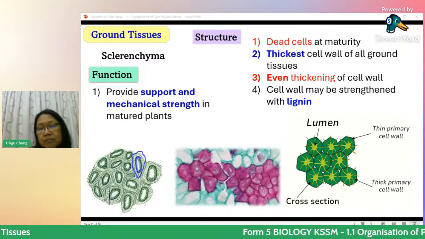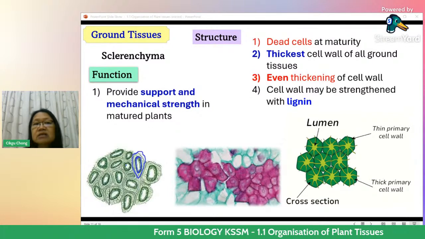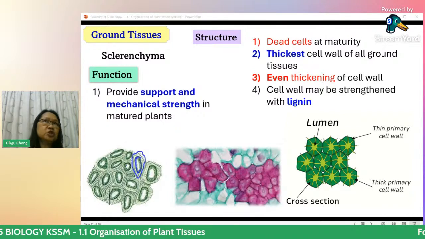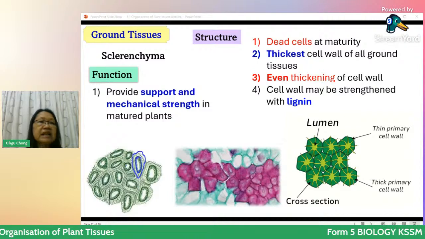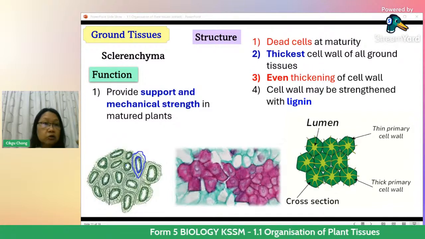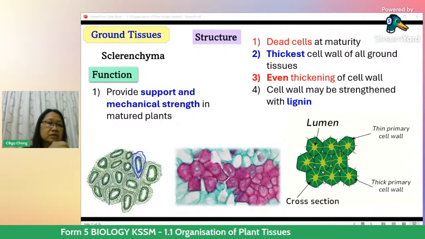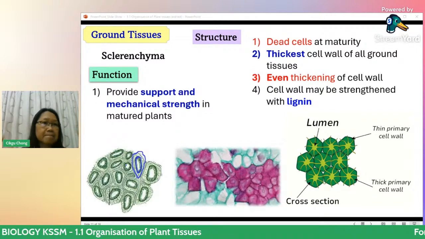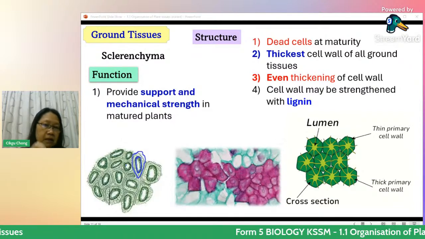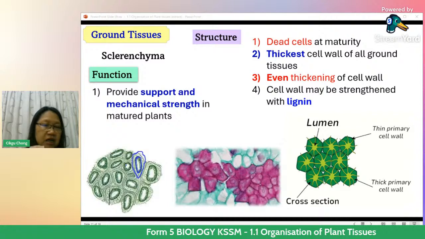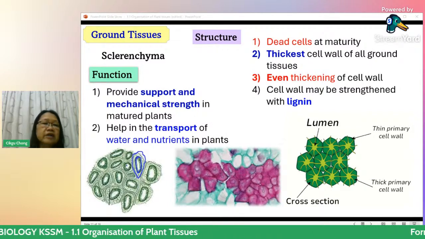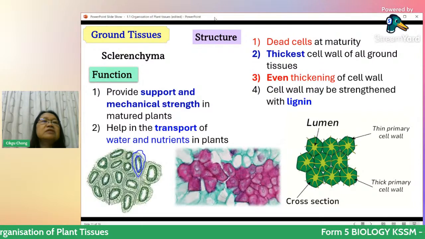Okay, now the function, because of all this thickness. It provides support and mechanical strength in mature plants. So usually mature tissues, mature plants will have this Sclerenchyma. The young ones will all have Parenchyma, okay? But as they grow older, some of these will actually become Sclerenchyma. So the Sclerenchyma dries up, and it gives mechanical strength to the plant, and also helps in the transport of water and nutrients in plants. Okay, so this is about